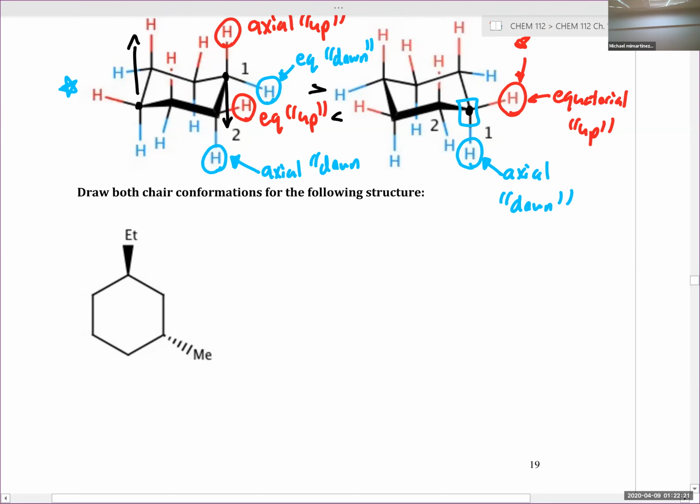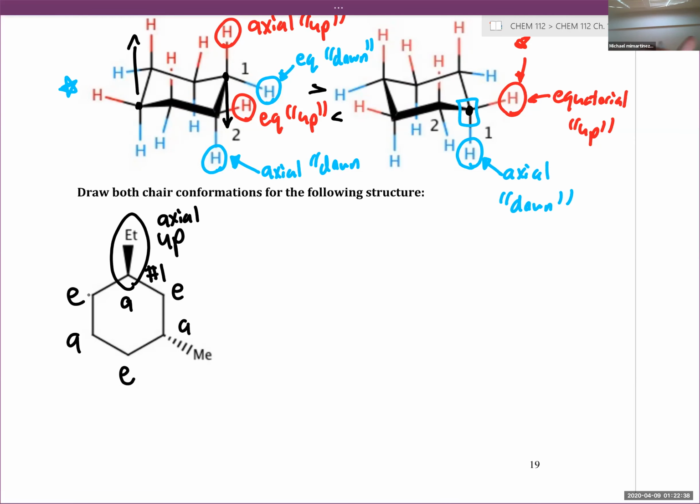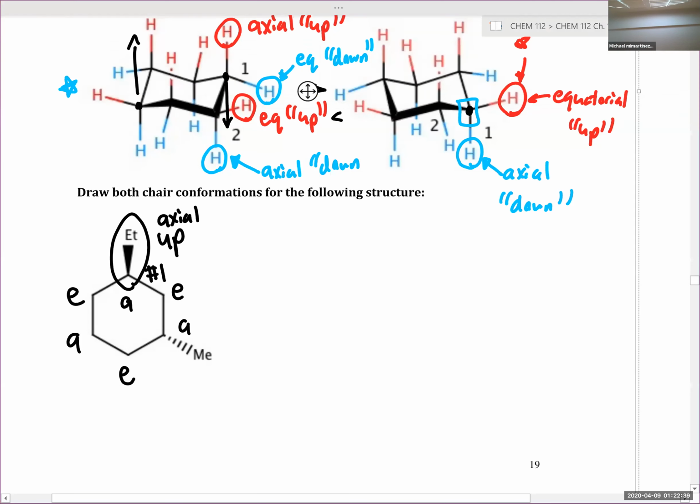So here we go. First things first, this ethyl group has a wedge, so it's up, and I'm going to place it in the axial position at carbon 1. So I'm going to count axial, equatorial, axial, equatorial, axial, equatorial, and then I'm going to change. Since I have a dash, I'm going to count equatorial, axial, equatorial,